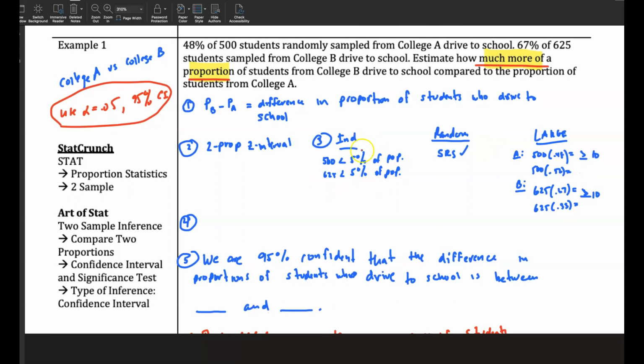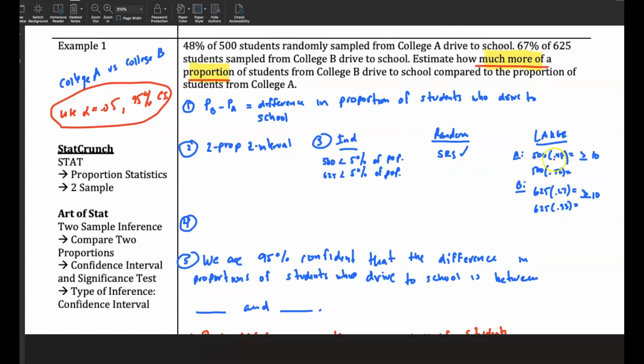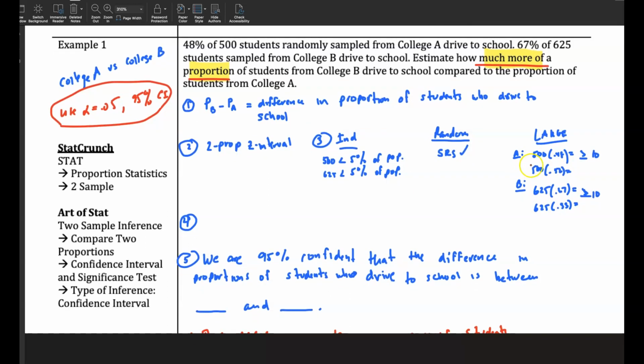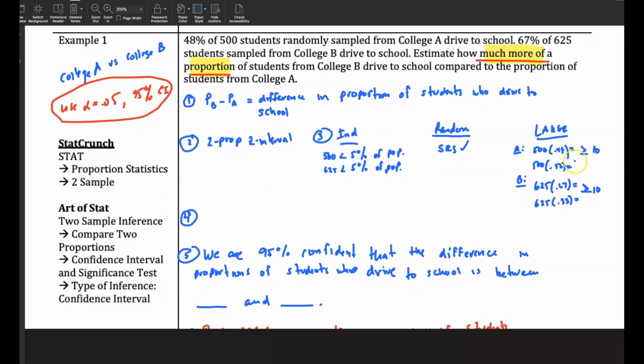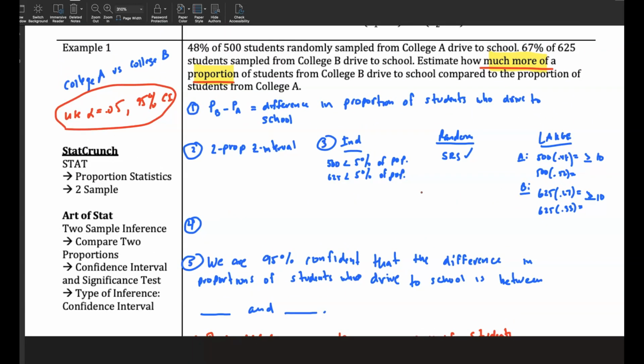Independent, we have to check our requirements. It's a random sample. These groups we're assuming are less than 5% of the population of students at the college. And the groups are large enough when we do the test of successes and failures. When you do p times n and q times n, they're both greater than or equal to 10 for both colleges. And so now we want to actually